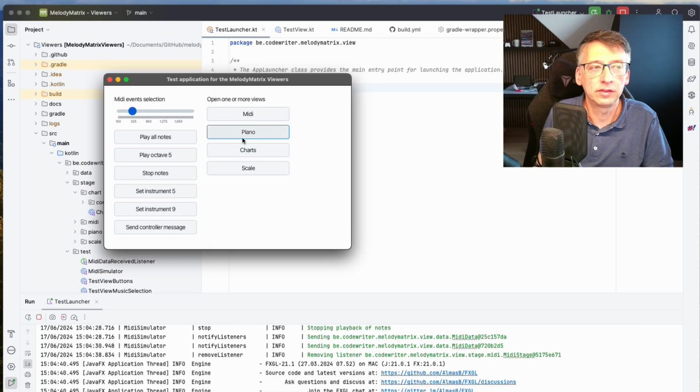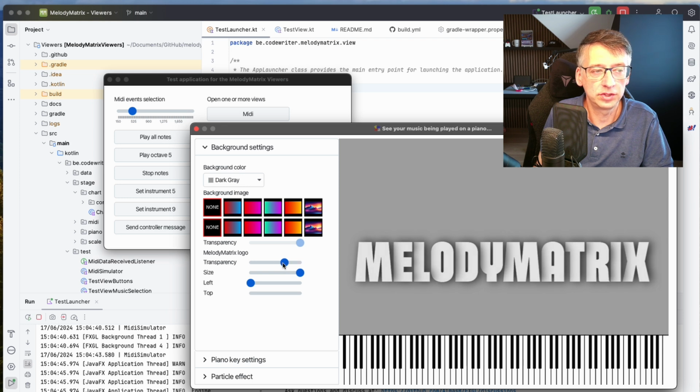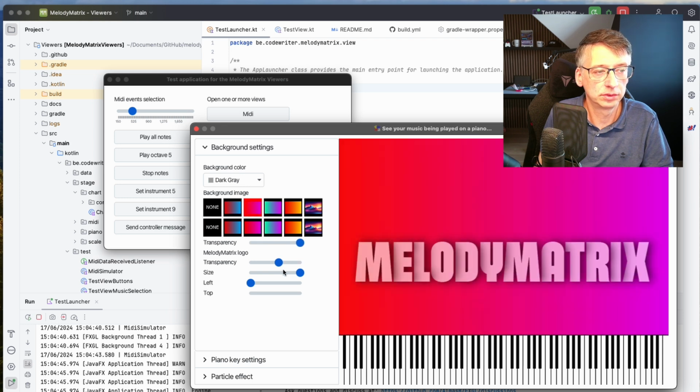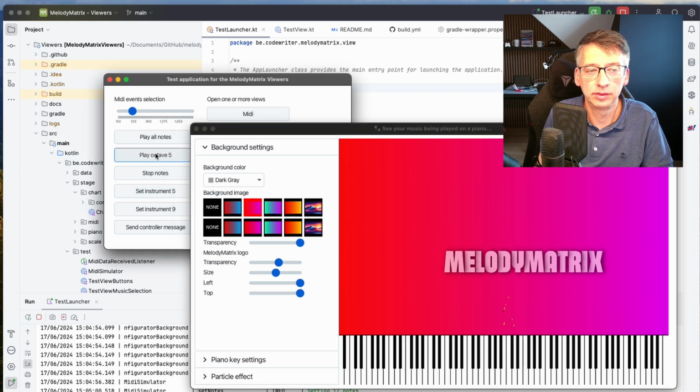In the same way, we can test the piano view. You see that we can here change some of the layout and then set the instrument. This has no effect on the piano, but we can play the octave, and then you see what happens. You can change the speed, you can change which notes are being played, all inside this application. So you don't need an instrument, you don't need a MIDI connection. Everything is in here in this little test application, to test views, create your own view, or modify